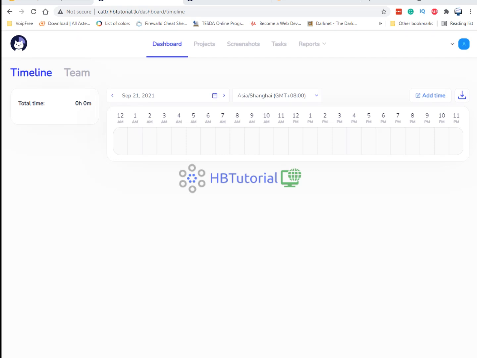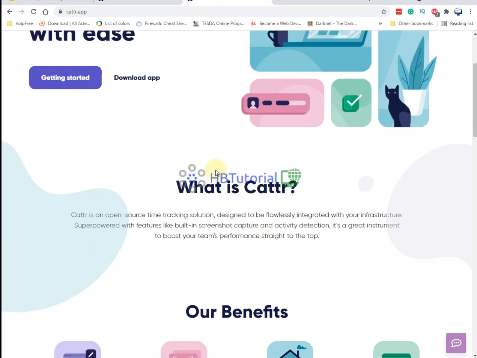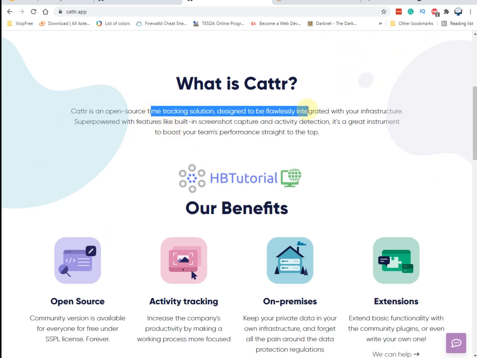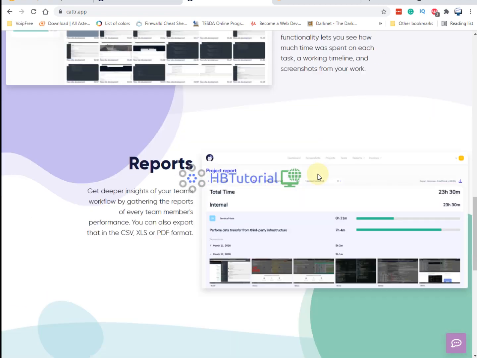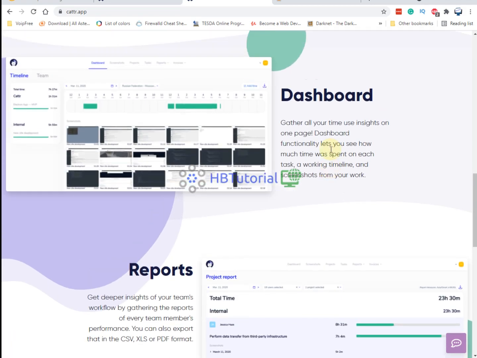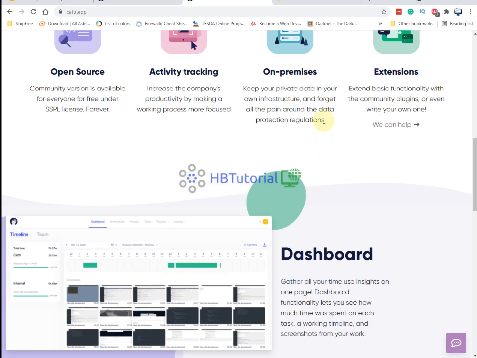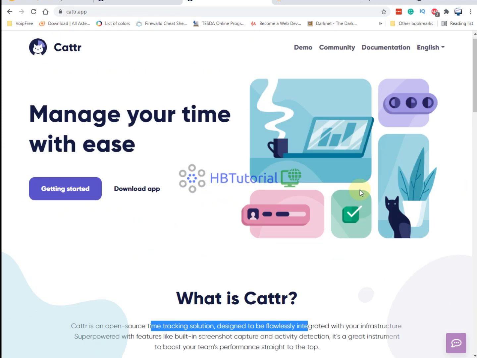Hello guys, good day. Today I'm back again for another tutorial regarding Cattr, a time tracking solution for your WFH work from home employees. You can track their work activities, especially on the project you assign to them, so that you can see if they are working well